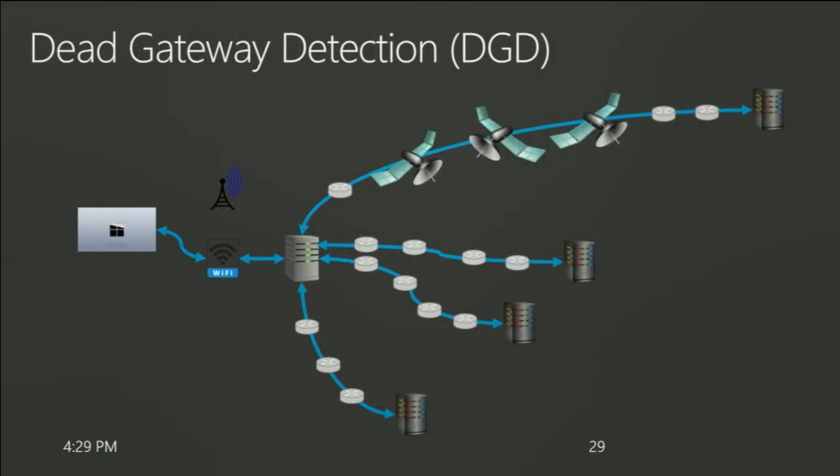All right. So gateway detection. Sometimes your gateway just stops working. Now this could be as simple as it's a Wi-Fi and I walked out of range, or I'm docking or I'm undocking, whatever the case. We don't know at the transport layer what caused this, but we do have the ability to know, hey, this gateway is not working anymore. So at the application layer, hopefully, we expect that you'll know what to do if the gateway has gone dead. So between the two of us, we can figure this whole thing out.